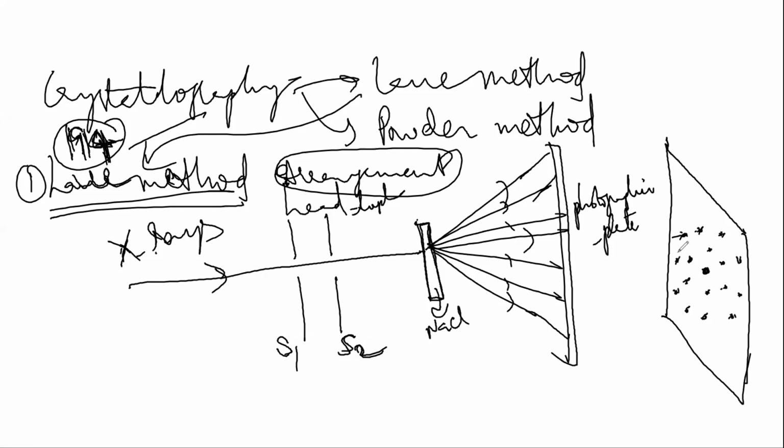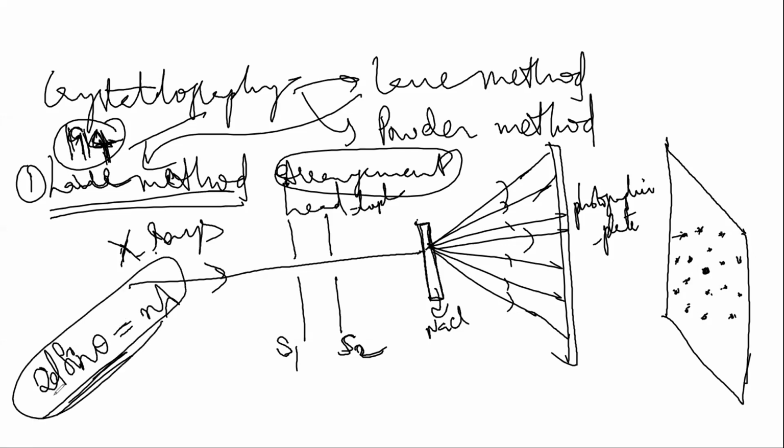Because, as we have studied, due to Bragg's law diffraction, the maximum intensity is possible only when the path difference between the two diffracted rays satisfies 2d sin theta equals n lambda. Whenever this condition is satisfied, at different angles we get different bright spots. Those are maximum intensity spots. This is called the Ley pattern, which is obtained on the photographic plate. Now let us understand the theory behind this Ley pattern.